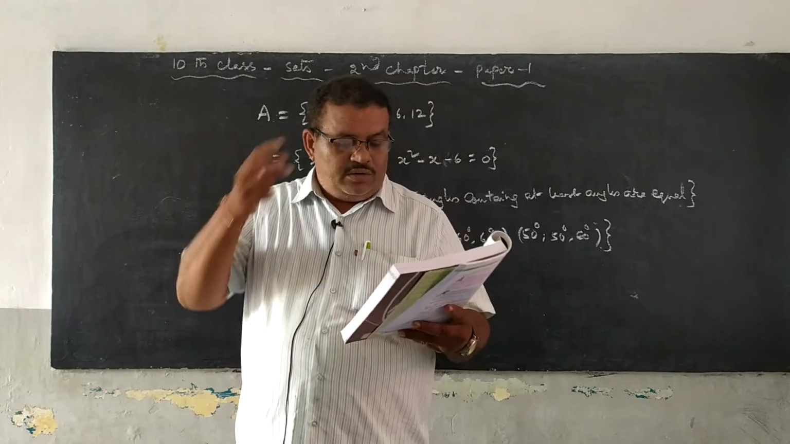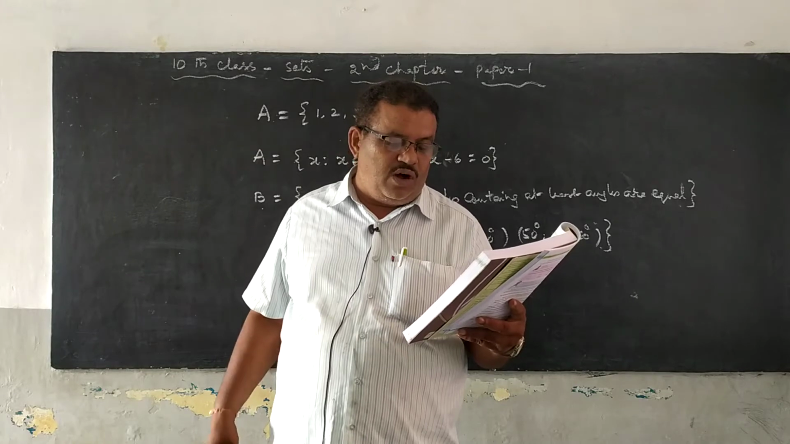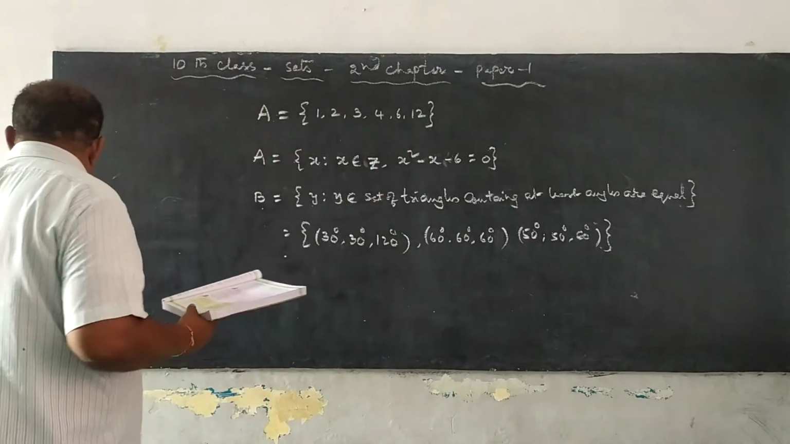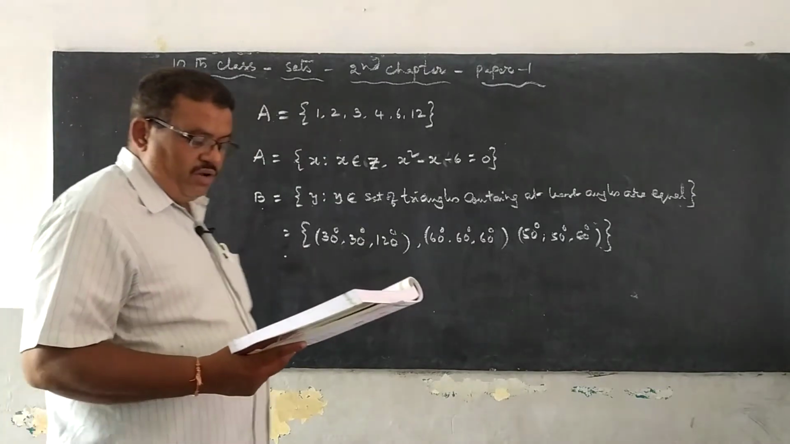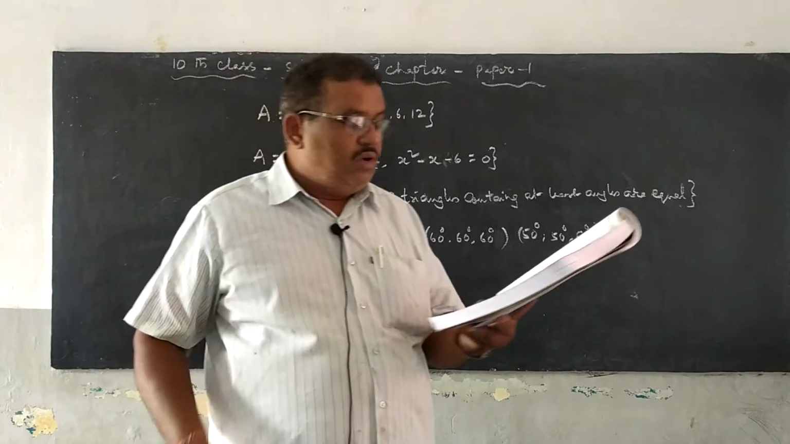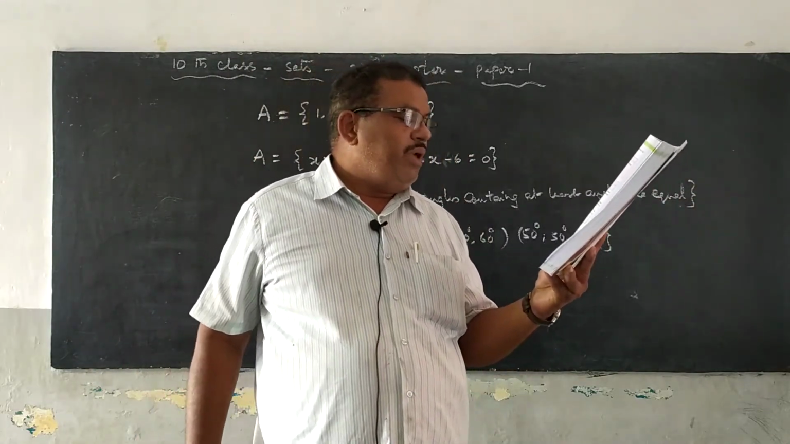Now, the second Roman in the Try This is: match the roster form with the set builder form. If you write this one out, it takes some more time, that's why I am telling you. The first one is on the left hand side,